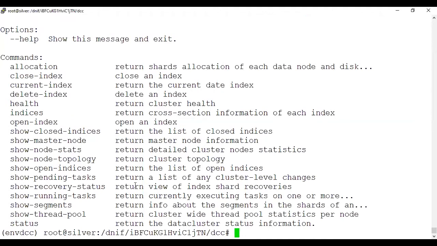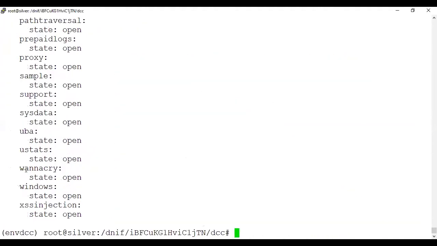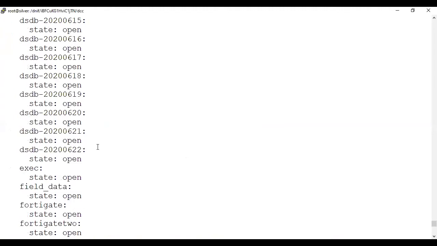If I just want to show the list of all indices, I say show open indices and enter, and you can see it will give you the list. Whoever is managing the backend or the data store, you can put who can access it by putting a password, who can access the DCC, and the port number you can also provide.